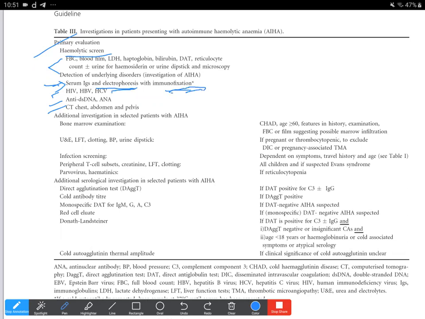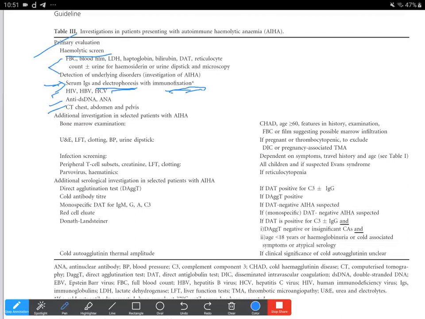So mostly in case of cold agglutinin disease, we need to rule this out in cases of marked cell agglutination. In those cases, there could be some circulating IgM monoclonal paraproteins, and these paraproteins can be detected by the serum electrophoresis. So in most cases of CHAD, when the paraproteins are done, about 90% of cases